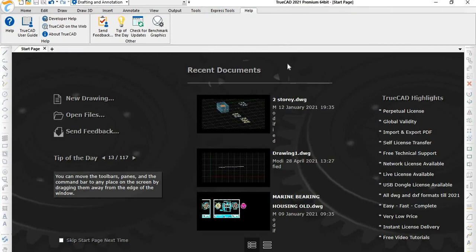This is our start page where you can have new drawing, open files, send feedback, tip of the day, and the recent documents which you have opened. And the TrueCAD highlights as perpetual license, global validity, import and export PDF options, self-license transfer, free technical support, and